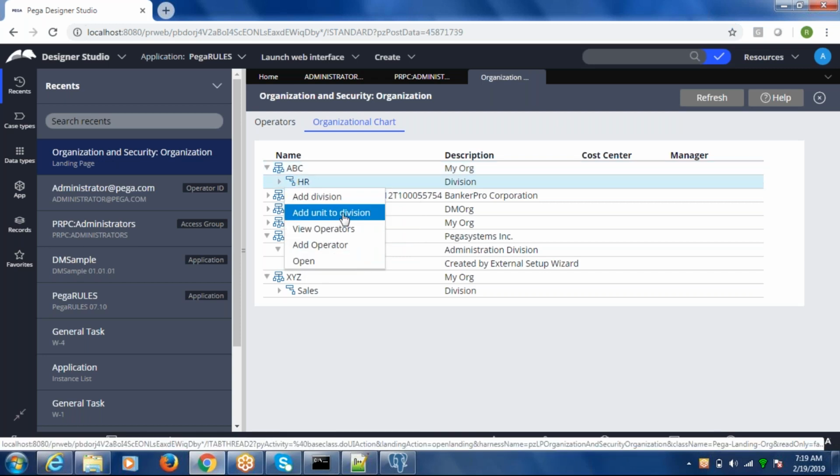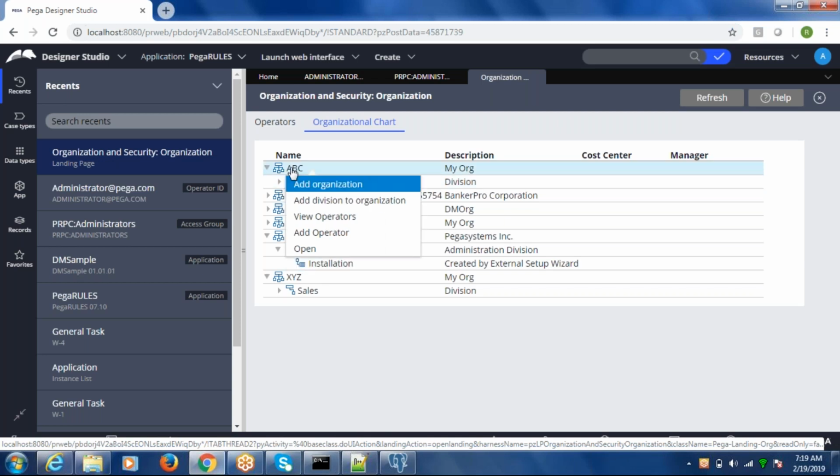You can see the options vary. A unit can be added only once you have a division, not directly to the organization. Directly on the organization, you can add only the division. Specific to this organization, you can have multiple divisions as well. One is HR.